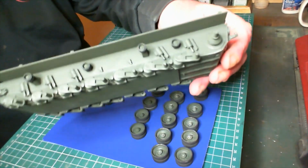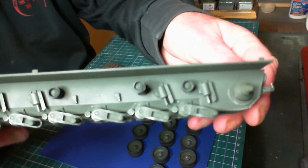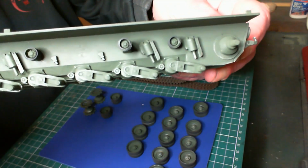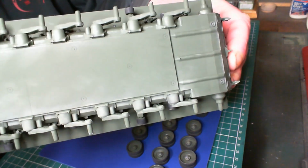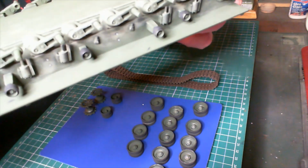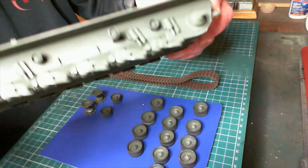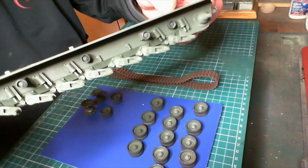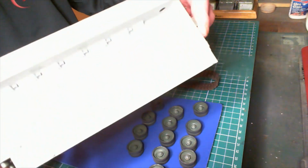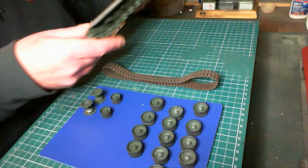Oops, I'm sorry, messing around there. But as you can see from that, it just made things stand out that little bit better, a little bit nicer. Nothing overboard or anything like that. Right, and as you can see, there are those little extra holes that were there. This side seems to be much better, but you can still make them out a bit. I had to fill them from the inside with a bit of sprue goo because it was watery enough to actually